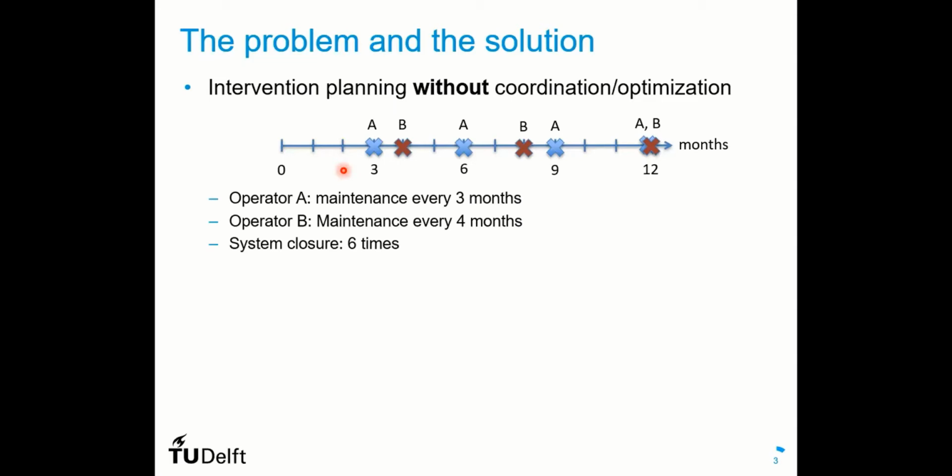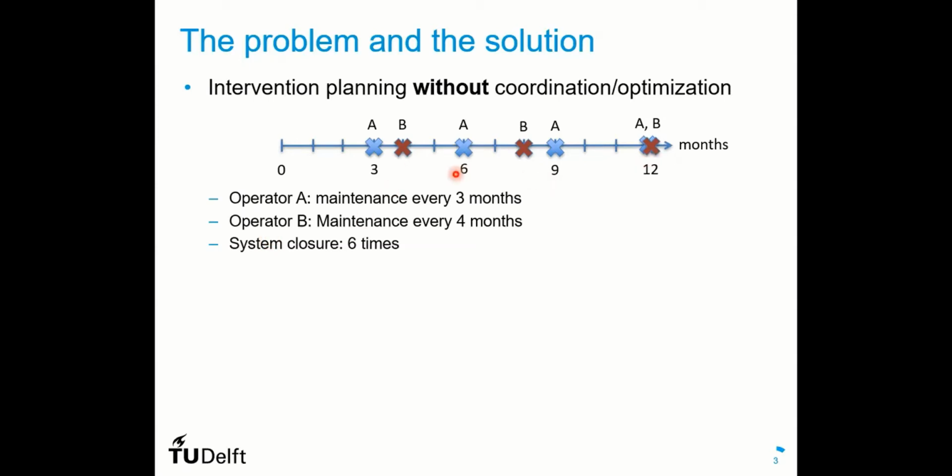So this is just a small example of two different operators that need to implement one intervention. For example, operator A wants to implement intervention every 3 months for their assets, like 3, 6, 9, and 12. And we have another operator, operator B, that wants to execute intervention every 4 months, and that's 4, 8,